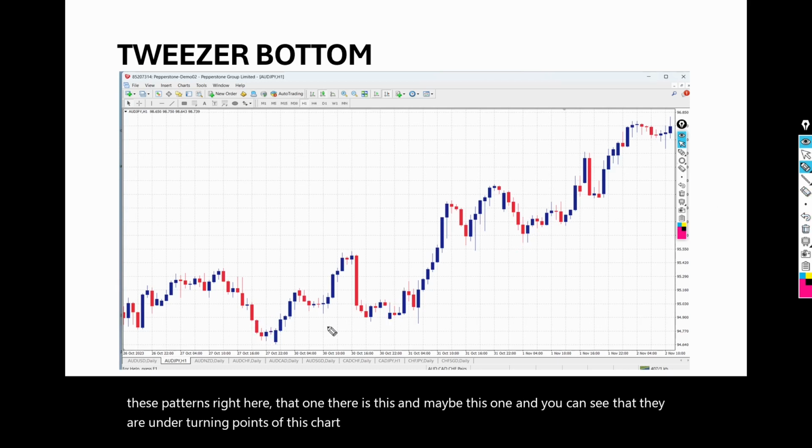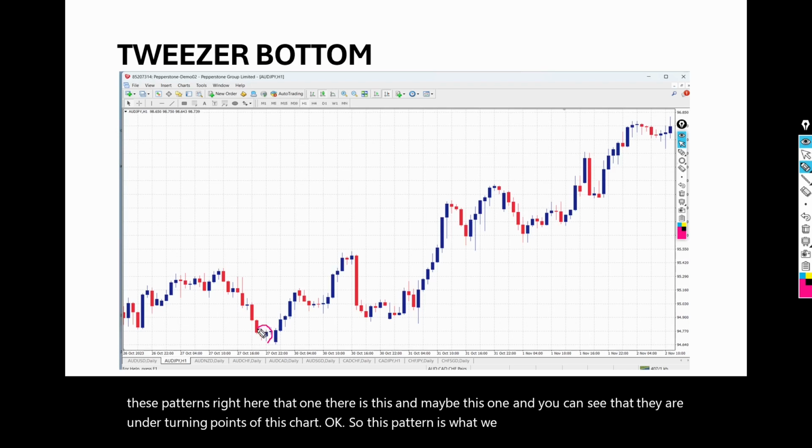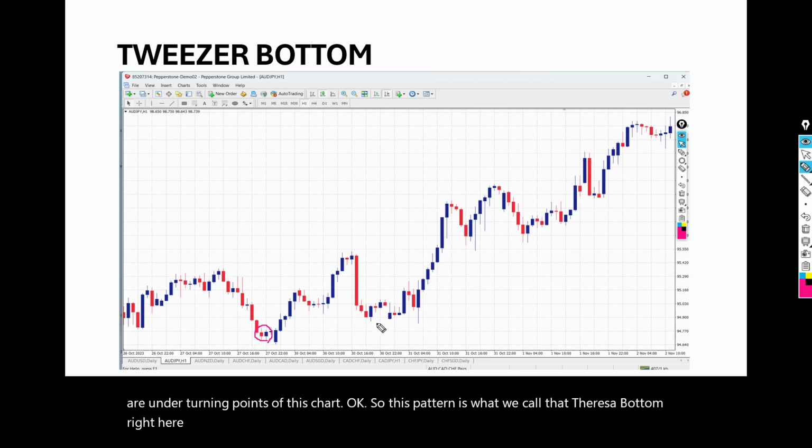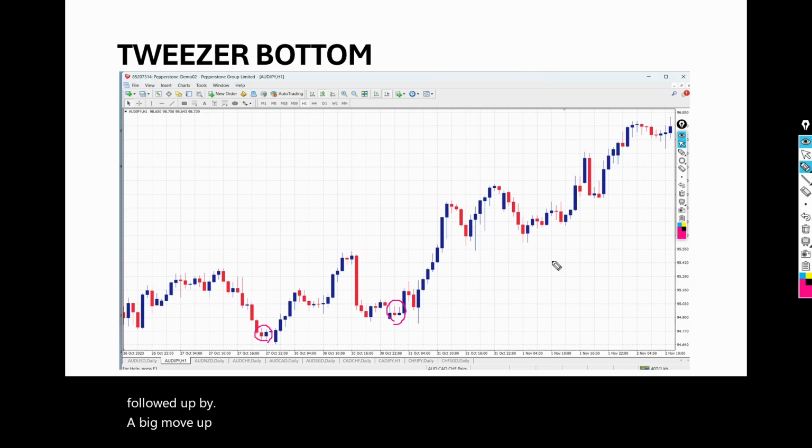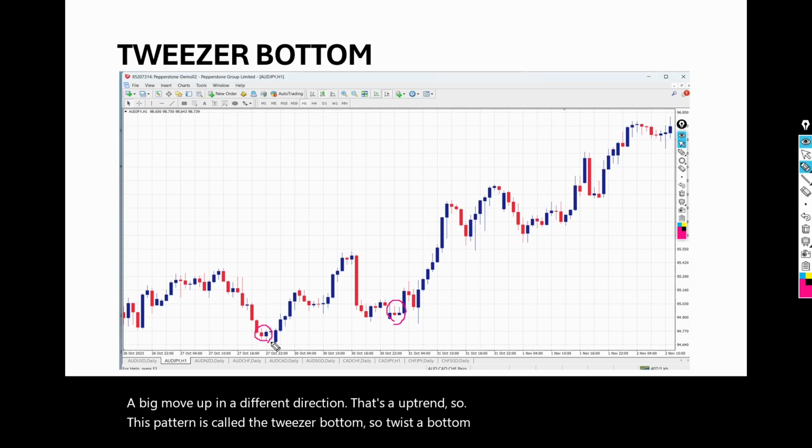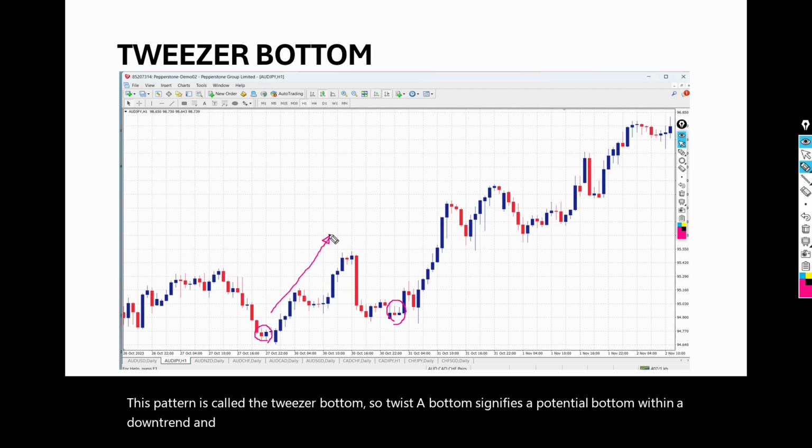So this pattern is what we call the Tweezer bottom. Right here, it occurs on a downtrend or a big retracement within a downtrend, and then it is followed up by a big move up in a different direction. That's the uptrend. So this pattern is called the Tweezer bottom. So Tweezer bottom signifies a potential bottom within a downtrend, and therefore we expect a big retracement or a reversal